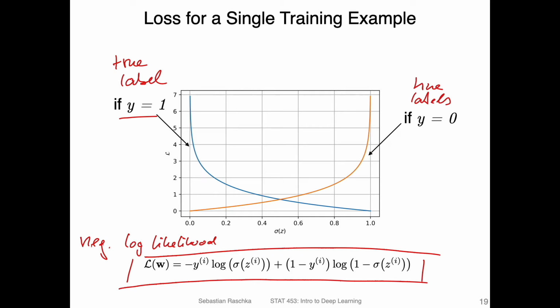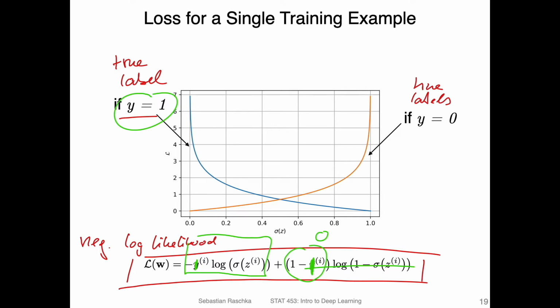So what happens if the true label is 1? Let's consider this scenario. If the true label is 1, we have a 1 here on the bottom, and we have a 1 here. And if we have a 1 on the right-hand side, then this whole term becomes 0, and then we have 0 times something, so this whole term cancels. So if the true label is 1, we really only focus on this part here.